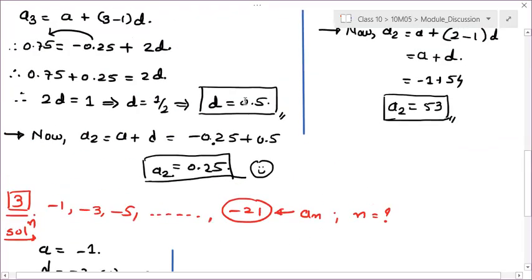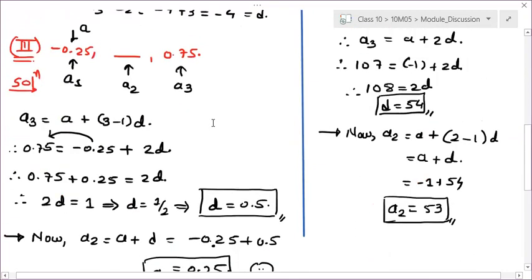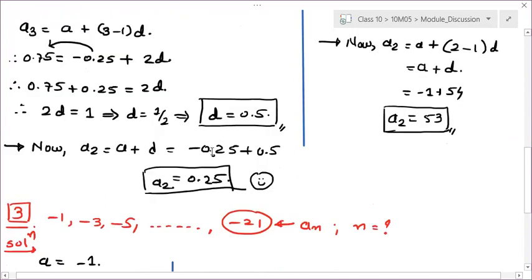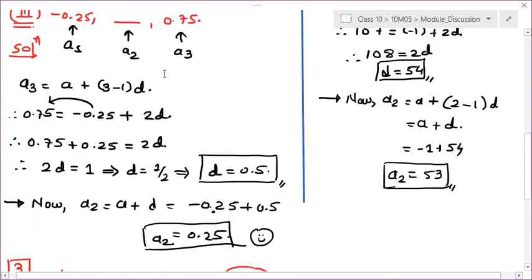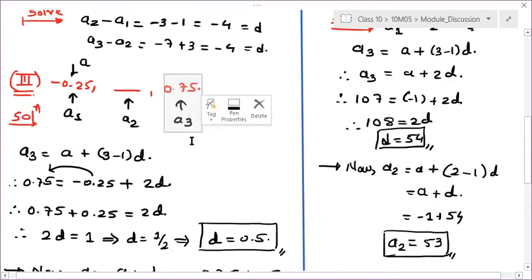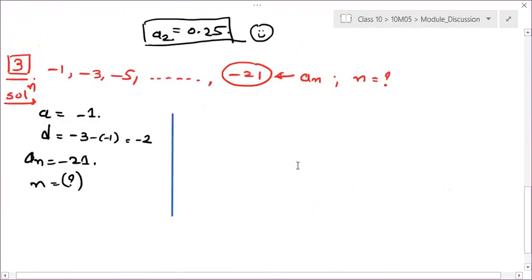Second answer is 0.75. Second answer means what? Sindhu, you are talking about question number 3? My question second का जो third question था, -0.25, it is 0.25 only, right. 0.75 is given, this is your given data A3. If it is 0.75, then how can A2 be 0.75? Are you getting my point? There must be a mistake somewhere. Just check.